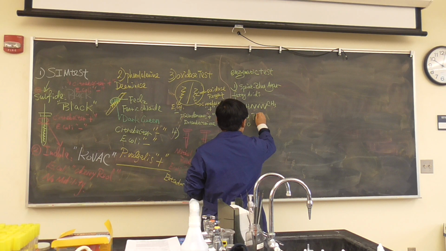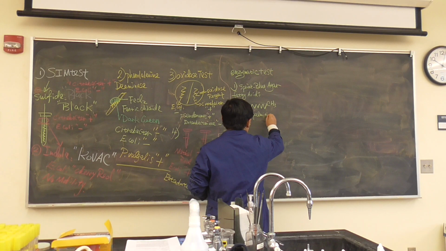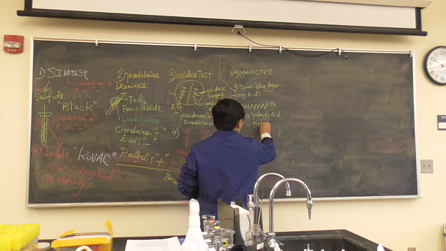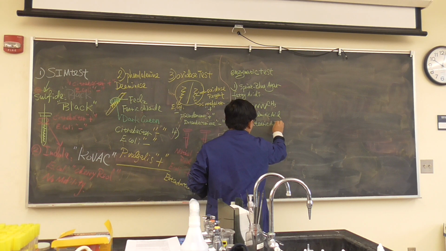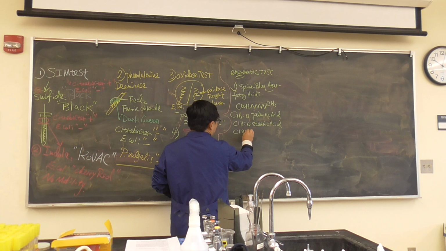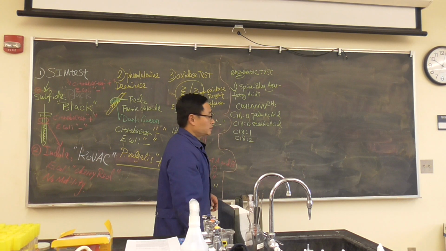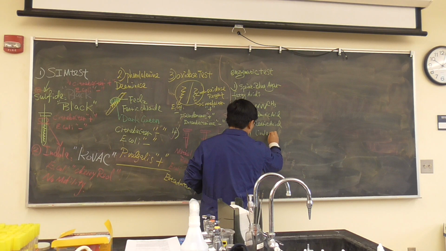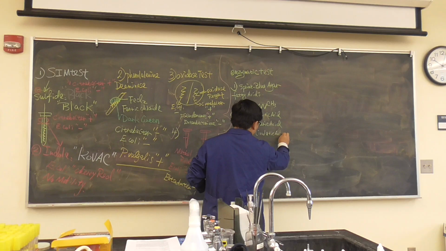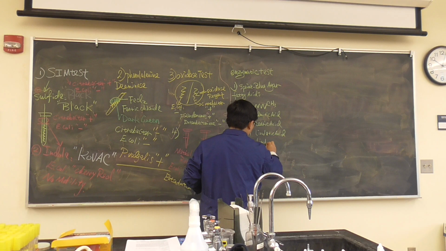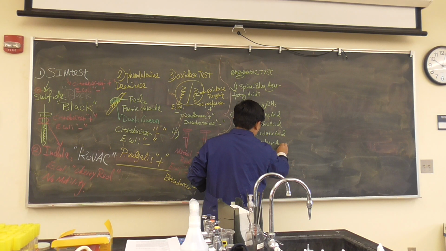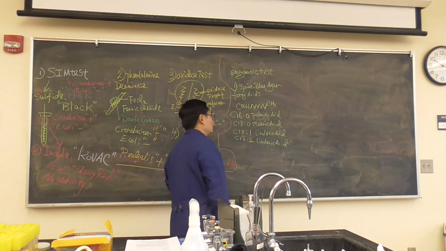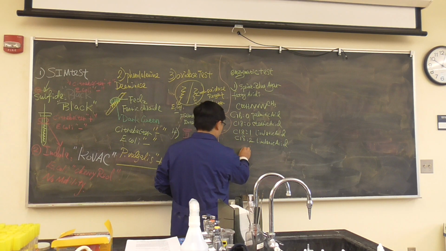Okay. What is that? Stearic acid. Then what is that? Linoleic acid, linolenic acid. So one double bond, two double bonds. And then we also could have